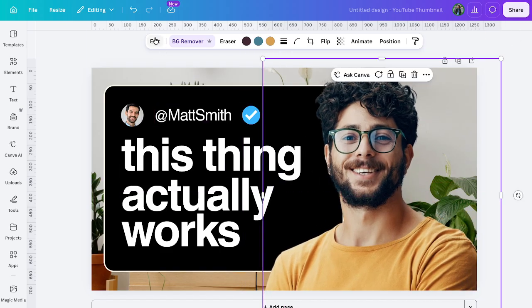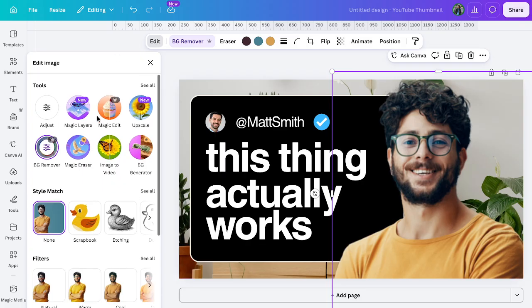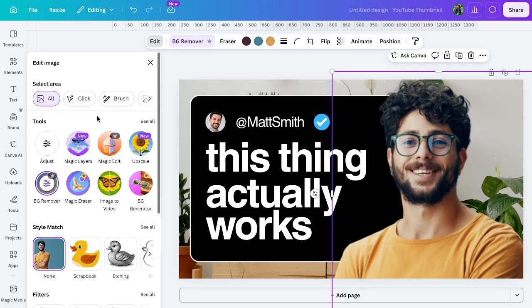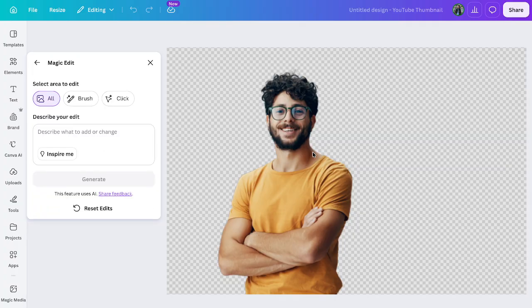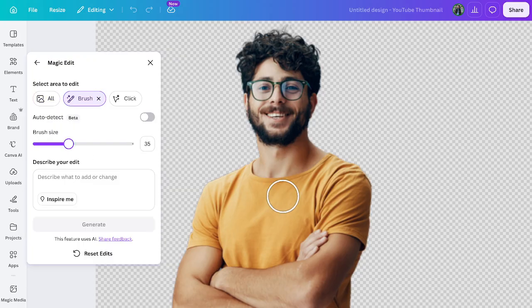Then we press edit. After pressing edit, we go to the tools here and we can see magic edit. So we just click on magic edit. So upon clicking magic edit, we can just select a brush here. So get the brush size if it's